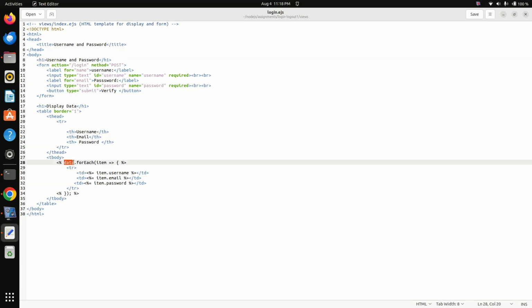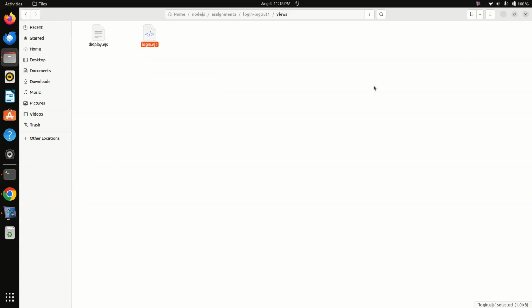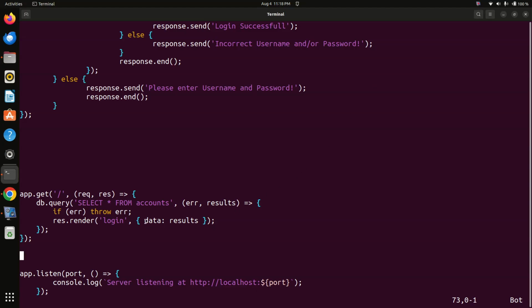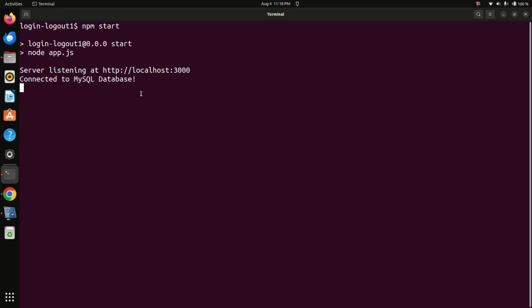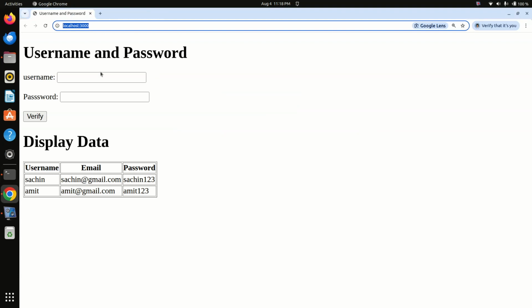And here data is written, that data is here. Now I will execute the program for server username and password validation. Now here we can check. I told you that records of the account will be displayed on the same page, and